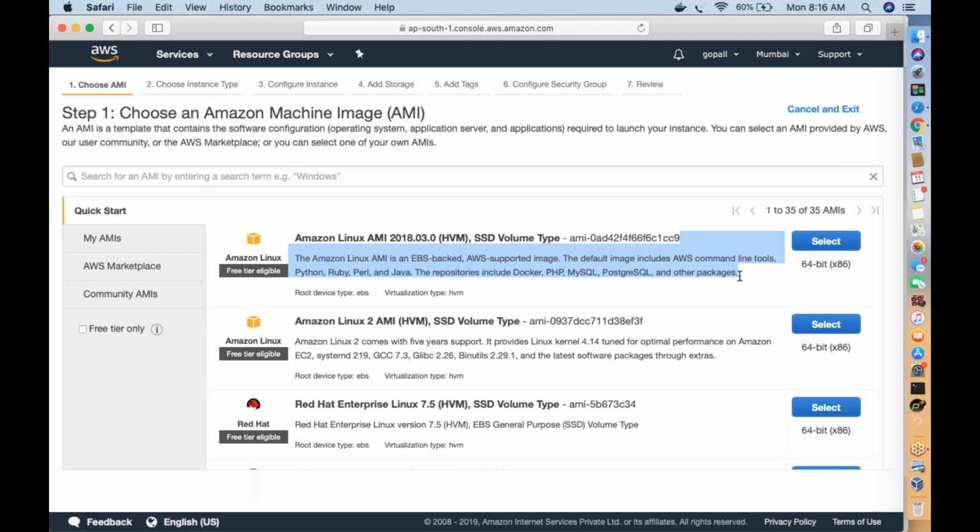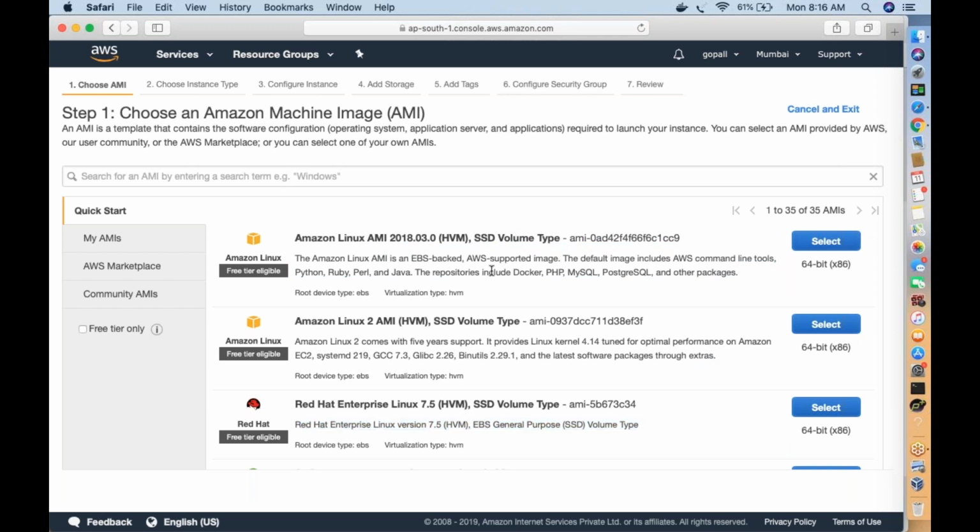For example, if you want to install Python on your server, when you create it using this operating system, Python is available by default because this OS already has that installation. Similarly, if you choose the second one, these are the benefits. The third one is a plain vanilla Red Hat server. It has nothing; you have to install everything from scratch.